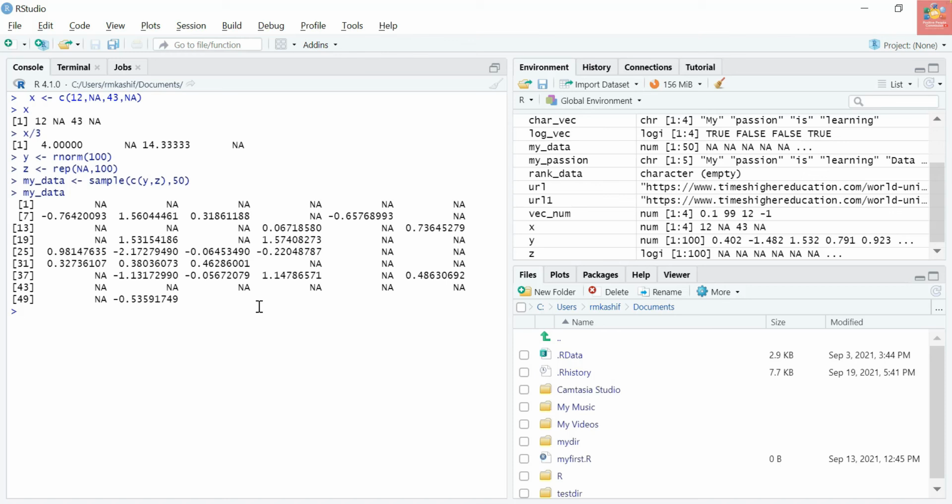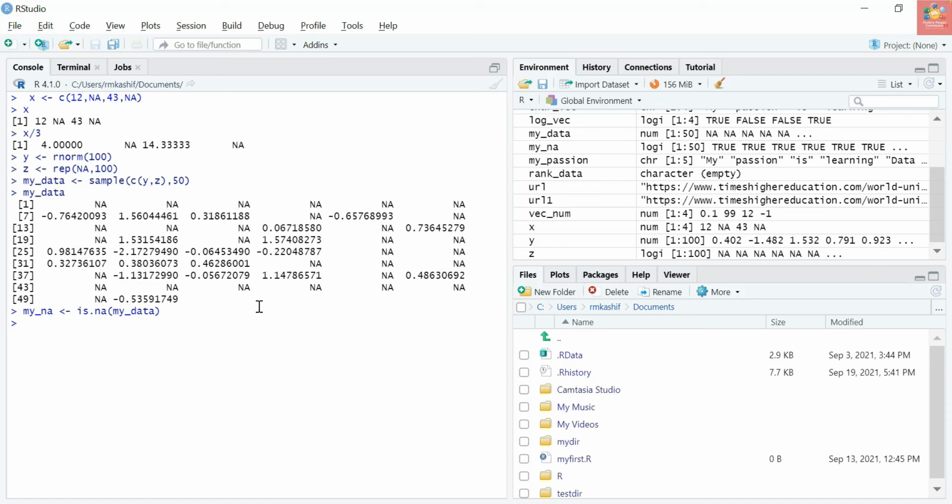And if we want to know whether there are NAs in our vector, we can use is.na, and I can assign it to my_na, and I will run it on my_data.